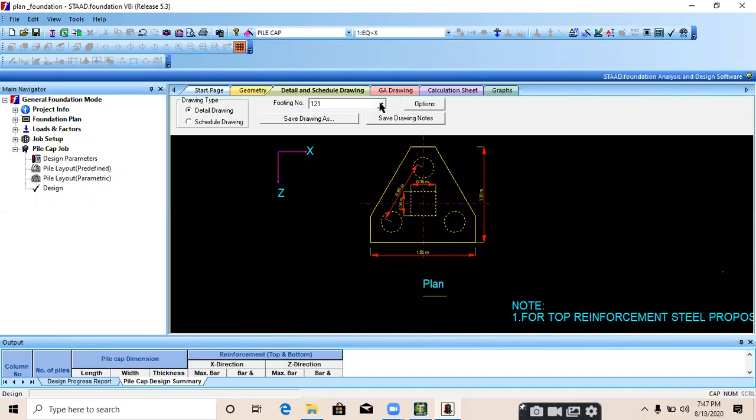Right? Maybe the forces at your support are the same throughout the building. That's why the size is the same and the spacing is also the same for all the footings. That's why I told you, please check in your software when you are designing that, if it is the same for all or not.